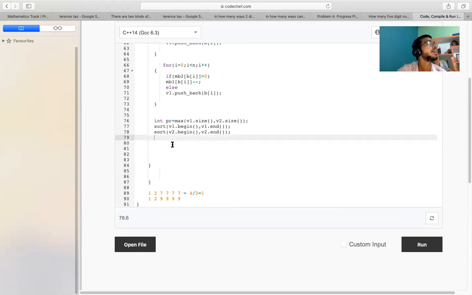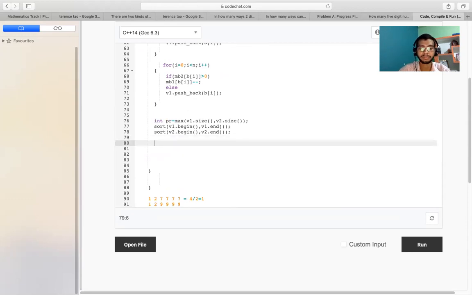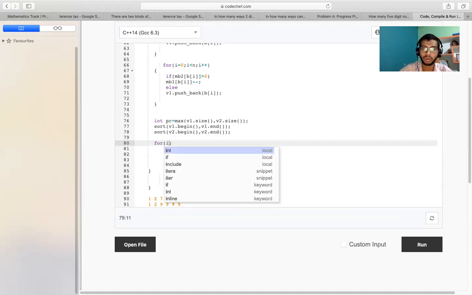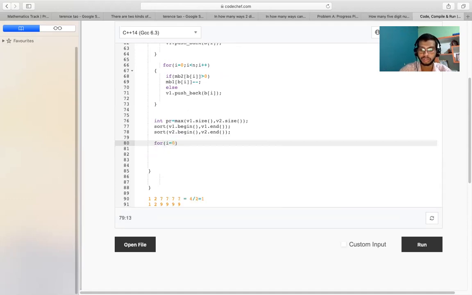What we have to do here, we just have to find the answer right now. For the answer, we'll run a loop for i equal to 0, i less than the size, then i plus plus, and let's make a variable int p.